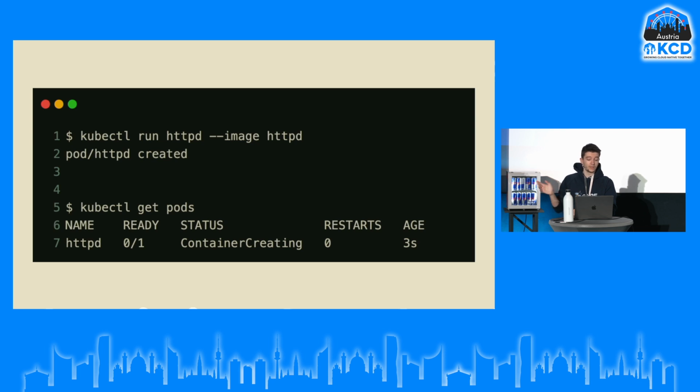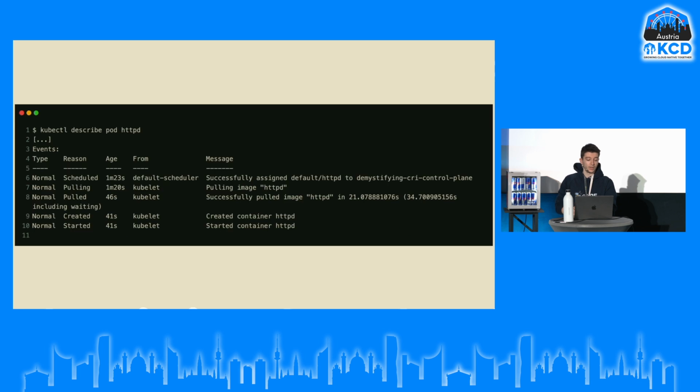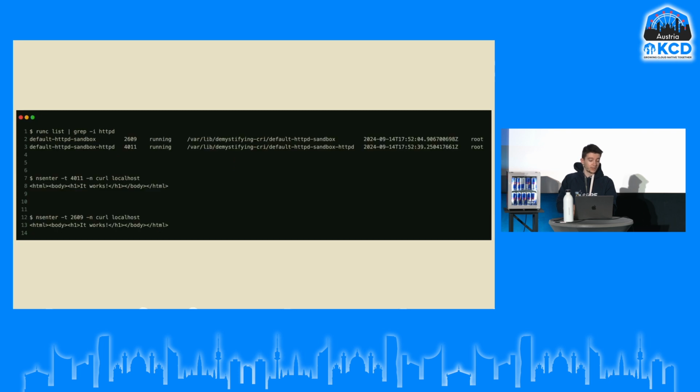We're simply going to run an HTTPD pod and check kubectl get pods. It will then have the status container creating. So what happens then if we were to do a describe? When we describe that specific pod, after some time, you can see that it will successfully assign that pod to a specific node. Then it's going to pull that image, what the pull image function is for, and then create the container. That's it. And we can see with runc on that node as well that there truly are multiple